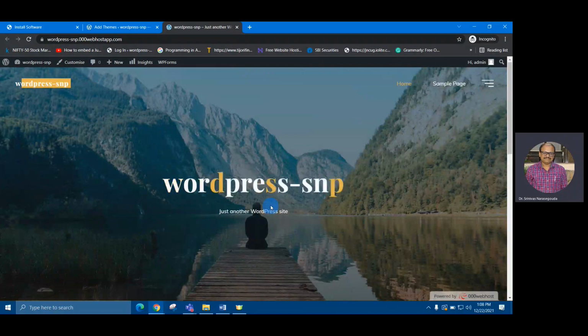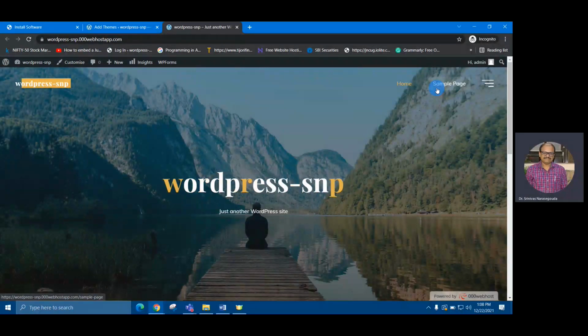Now I want to change the pages. Instead of the sample page, I want to add more and more pages. For example, let's say I want to have one page with About Me, and the second tab I want Education, in which I'll enter my education details, like where I've done the schooling, where I've done the master's degree, bachelor's degree and all those things.